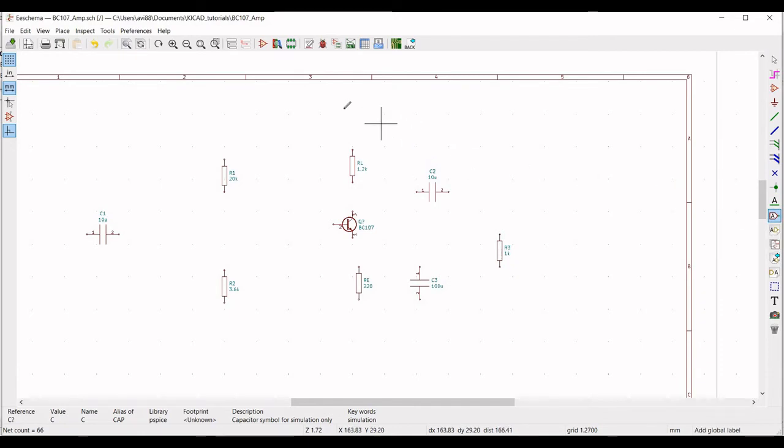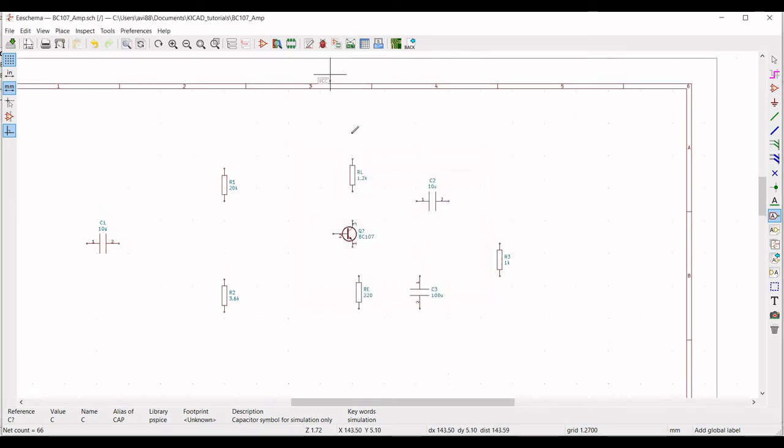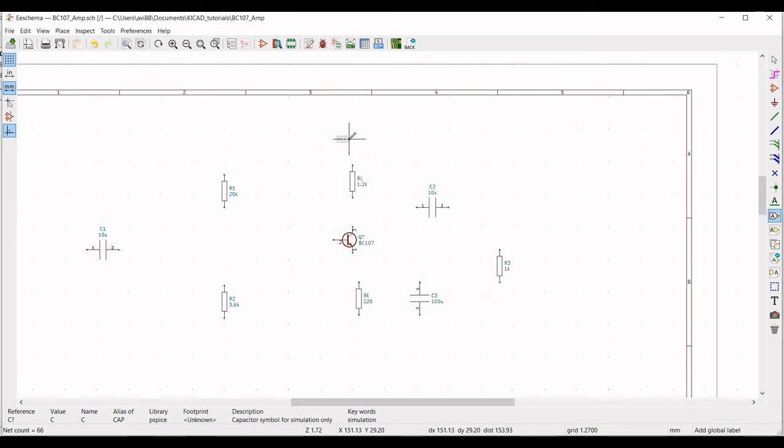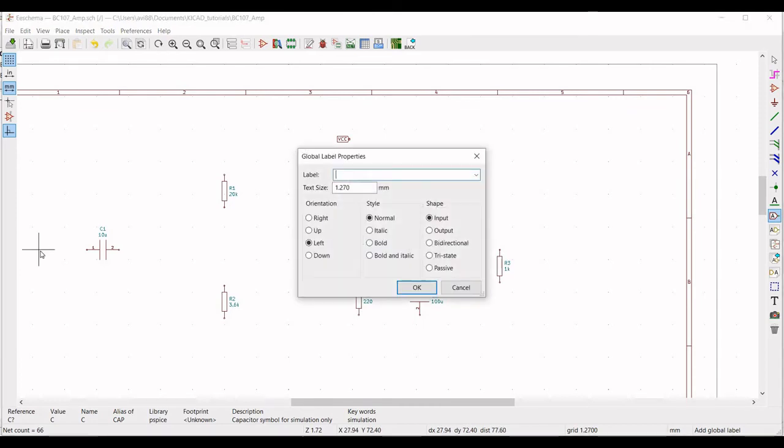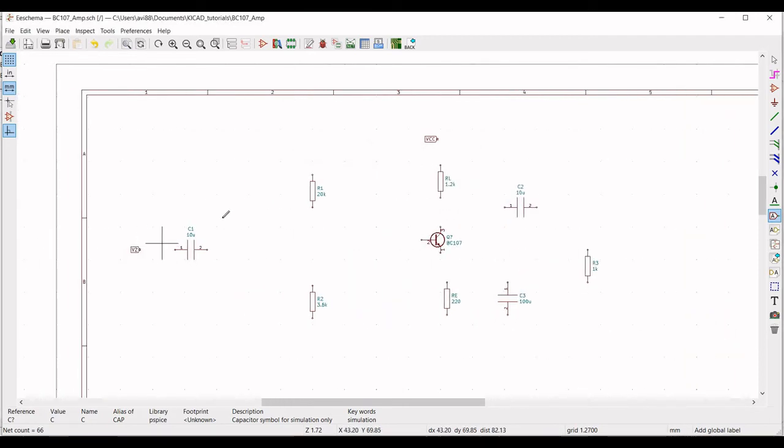Now we must place the global label which will be VCC and V2. We will connect the circuit by using the wire.